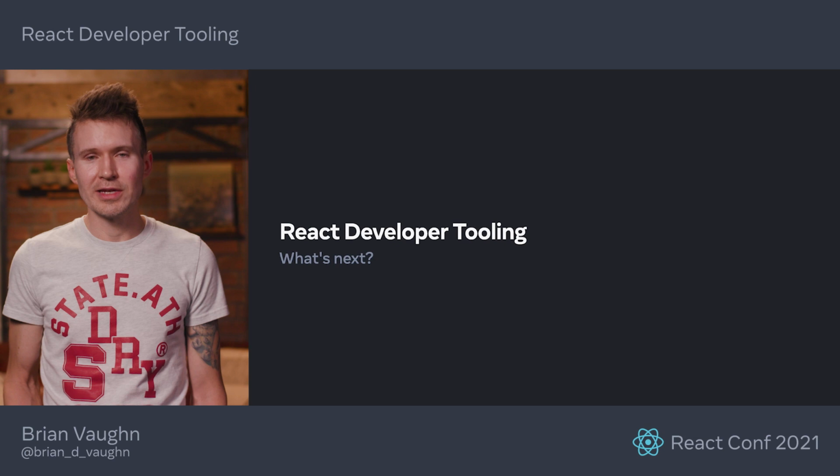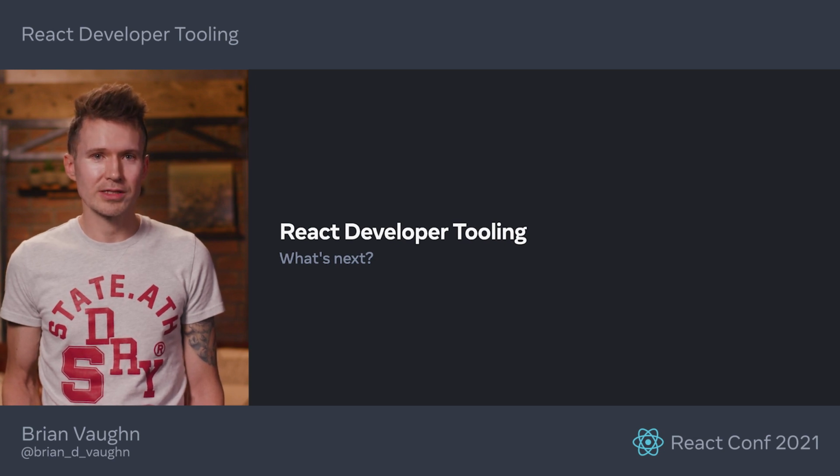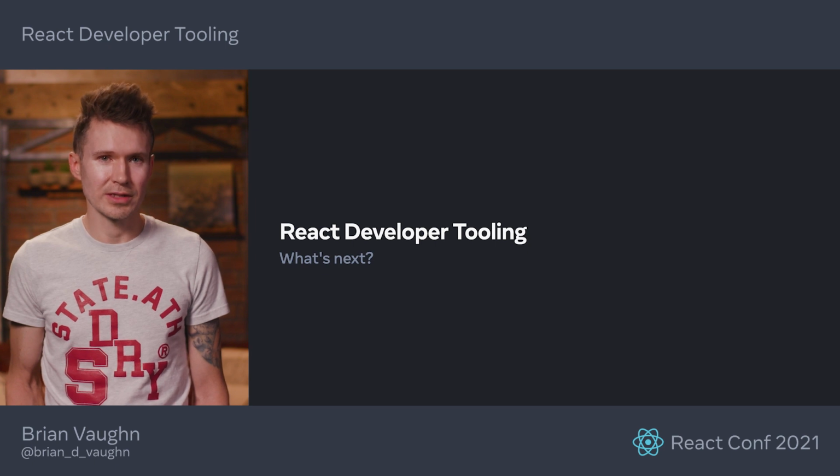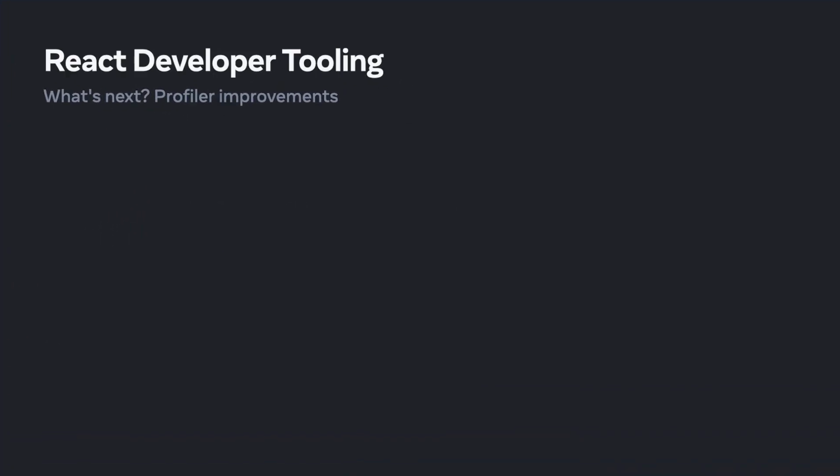I mentioned earlier that the named hooks feature is still a work in progress. Let's talk about a few other things the developer tools team will be working on in the coming months. You may have noticed from this talk that React now has 2 profiling tools, the profiler and the timeline. Both are useful, but they aren't connected. You need to start and stop them separately, and the data they export is in a different format. We have plans to merge these tools and to add support for React Native along the way.